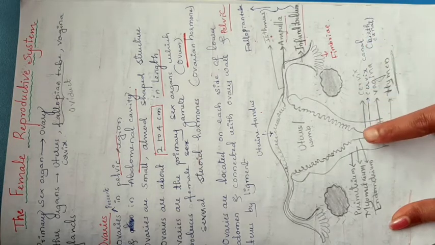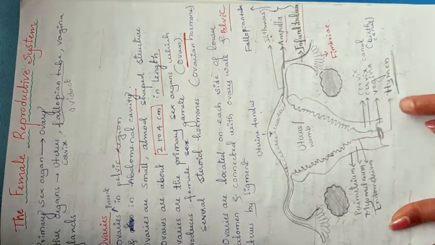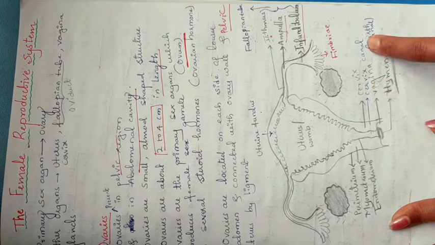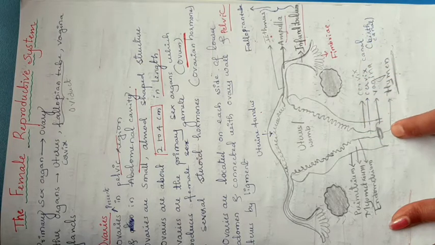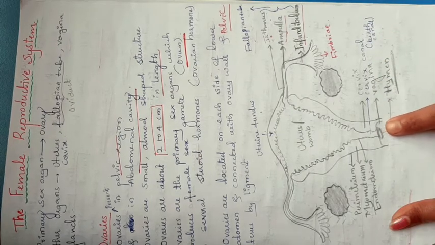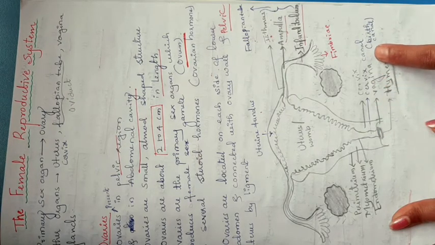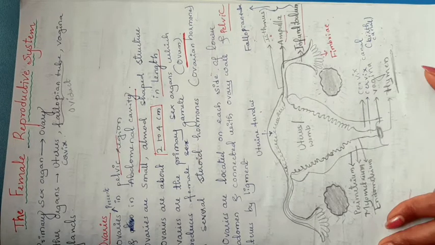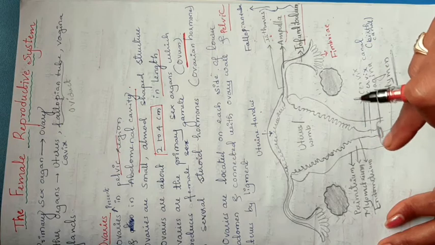A narrow, tube-like structure of the uterus is called the cervix. A canal is present, called the cervical canal. The cervix ends with another muscular structure called the vagina. The vagina has a small opening called the vaginal opening. It is covered by a thin membranous layer called the hymen. We can see the hymen only in virgin females. All these points we discussed already.